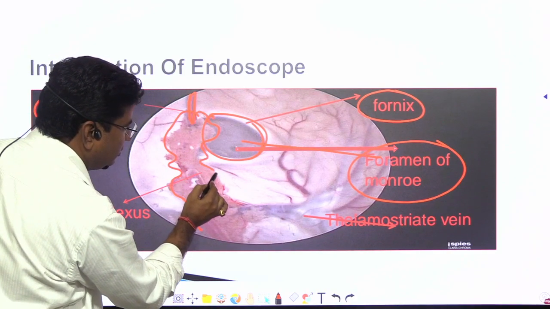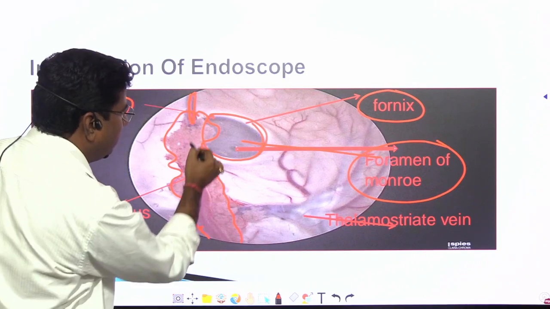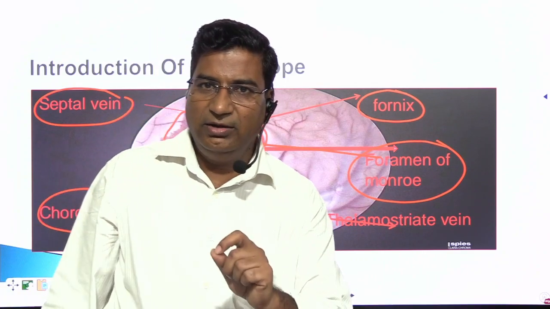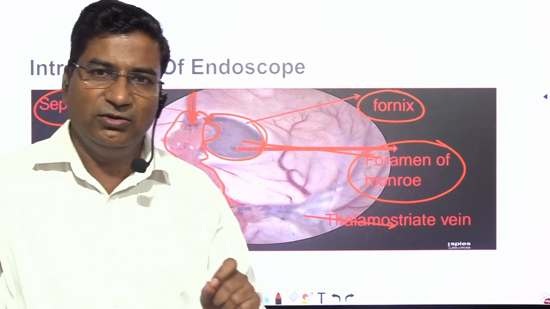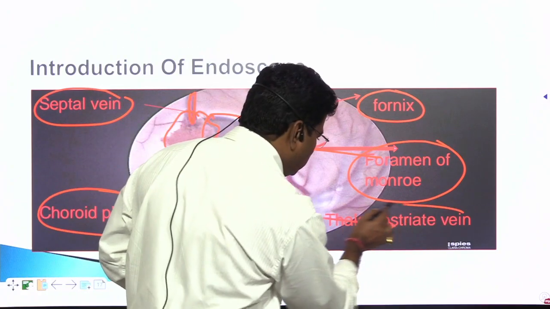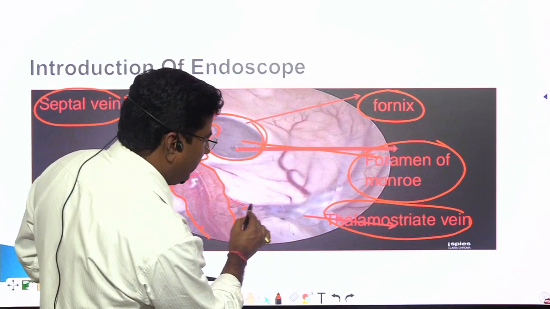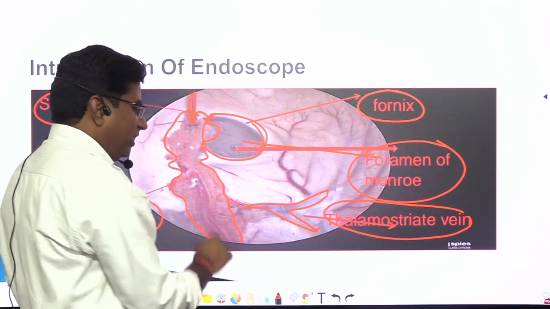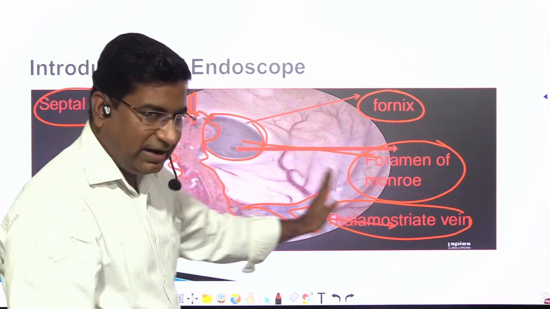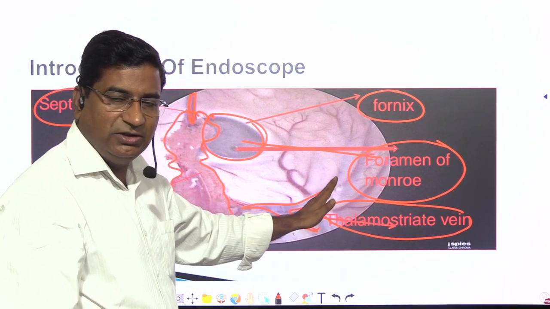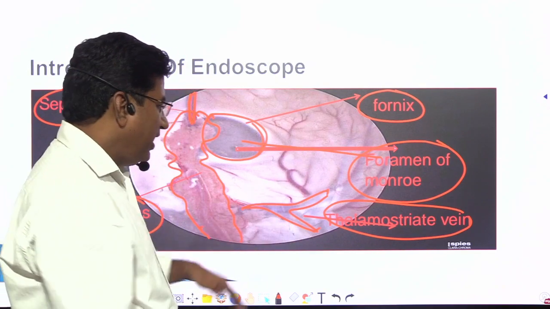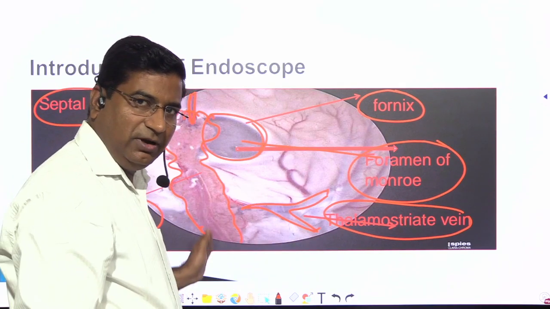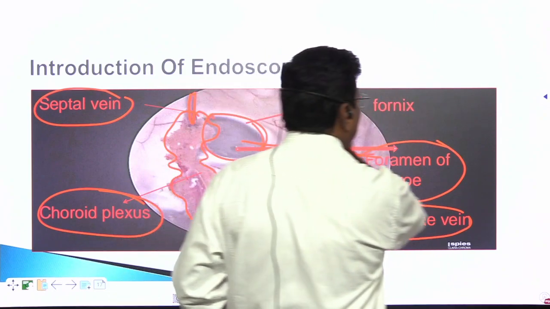Then this is the choroid plexus, which is going through the foramen of Monro. This is choroid plexus, and most important, the relation of thalamostriate vein to the choroid plexus. This is thalamostriate vein. If thalamostriate vein is right side to the choroid plexus, that means you are in the right lateral ventricle. And if this vein is left side to the choroid plexus, you are in the left lateral ventricle, which is most common